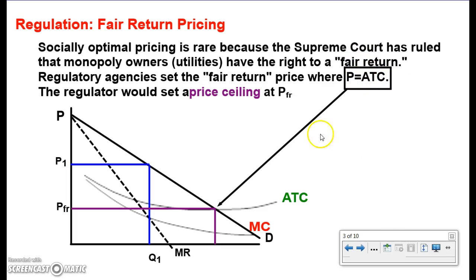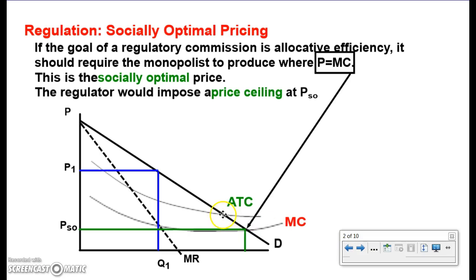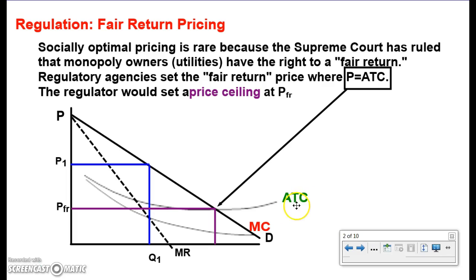So fair return pricing is when you actually set the price at the point where the ATC curve crosses the demand curve. So that point was on this graph, right, but we didn't look at it. What's significant about this? At this price, at this level of output, the monopolist is covering all of their costs, right? They are actually able to pay all of their bills. They just don't have any economic profit. So this is considered a fair return price when you have a price ceiling right here. So the price is higher than the socially optimal price would be over here, and the output level is lower, right? But it's a much better outcome than if we just let the monopolist do whatever he or she wanted,